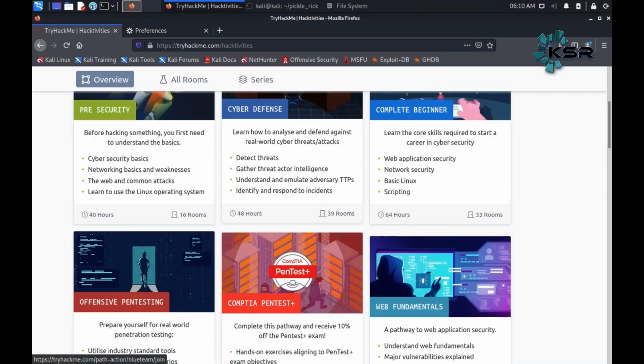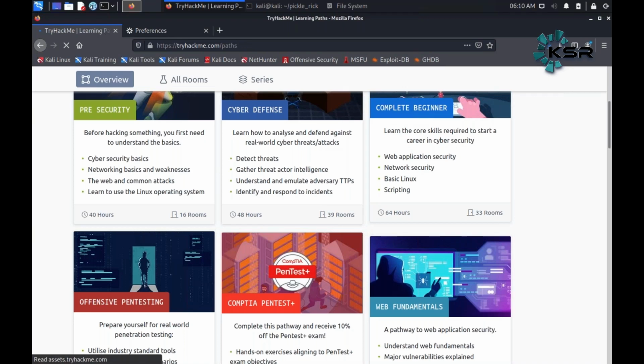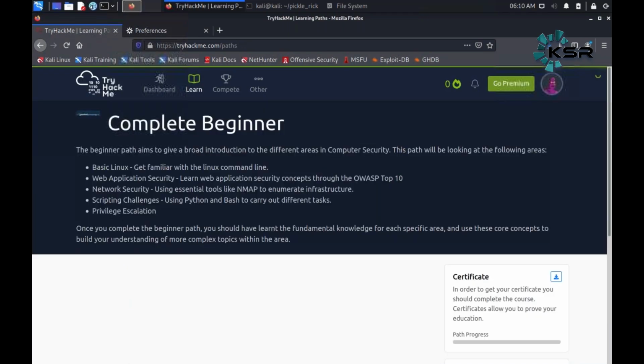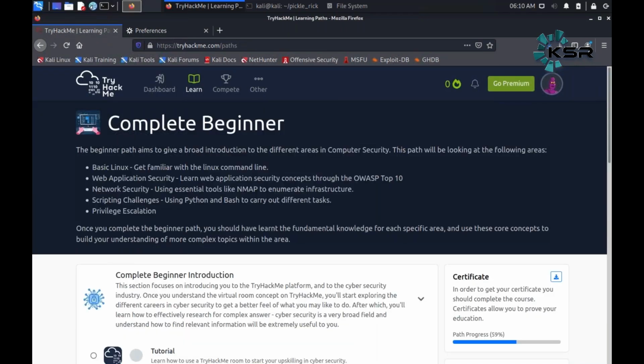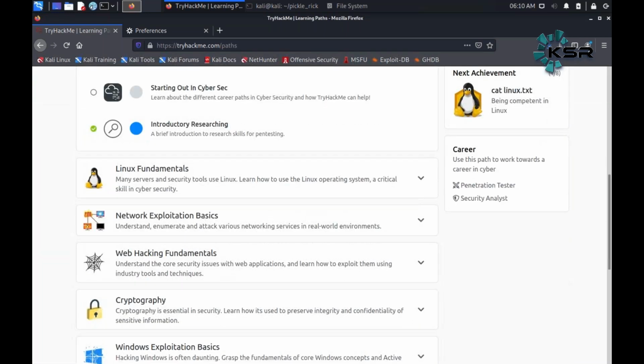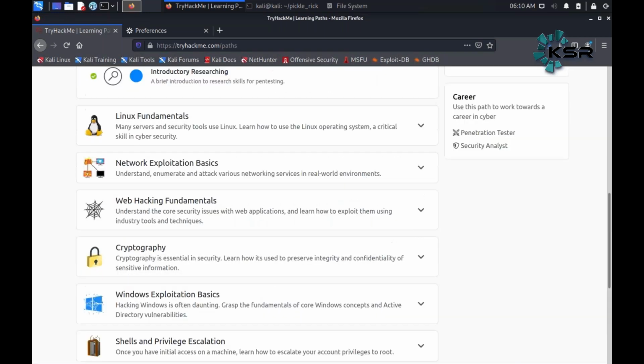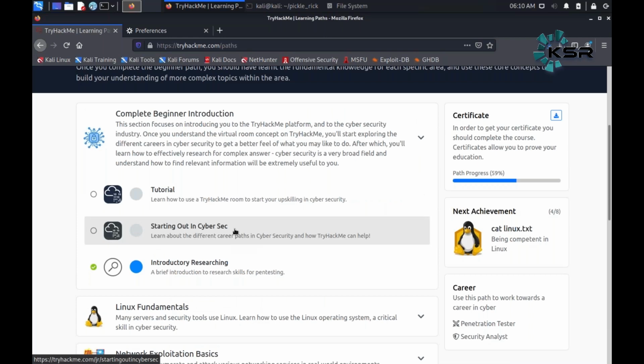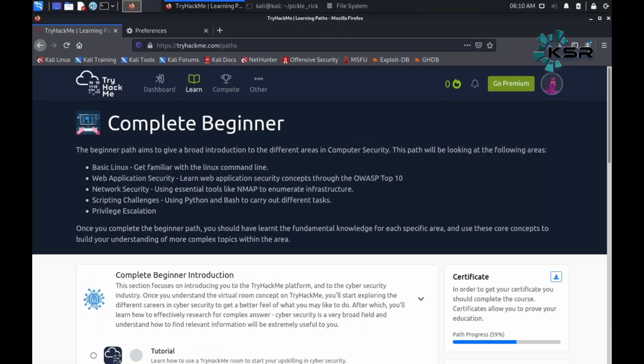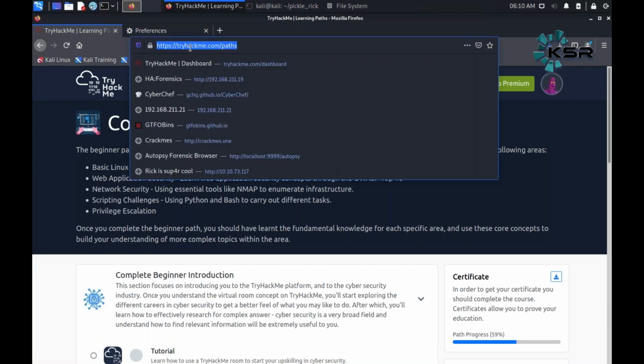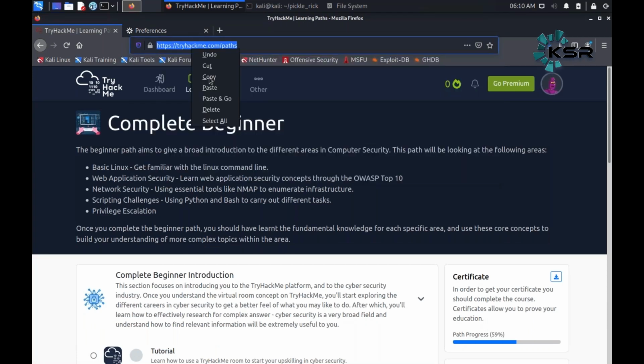So right now you would have to first figure out which type of cybersecurity enthusiast you are. Initially, if you are a complete beginner, then you would have to go through these tasks, very basic tasks. And then you will be able to understand these concepts. So I will share this with you as well.